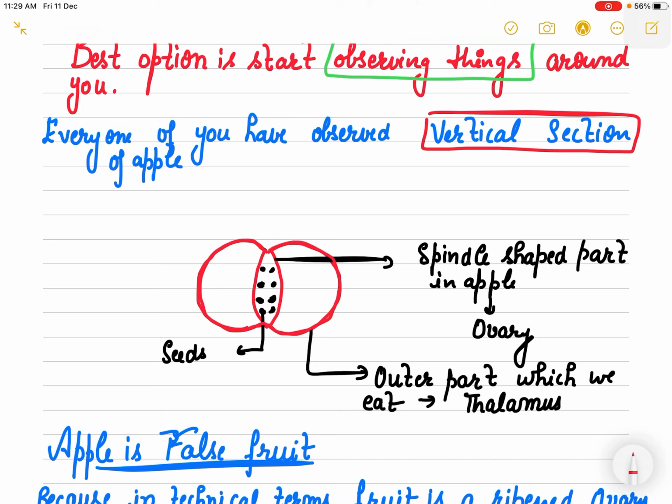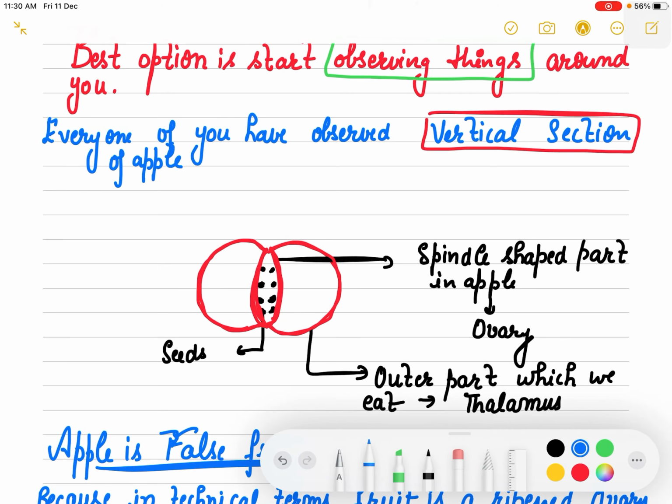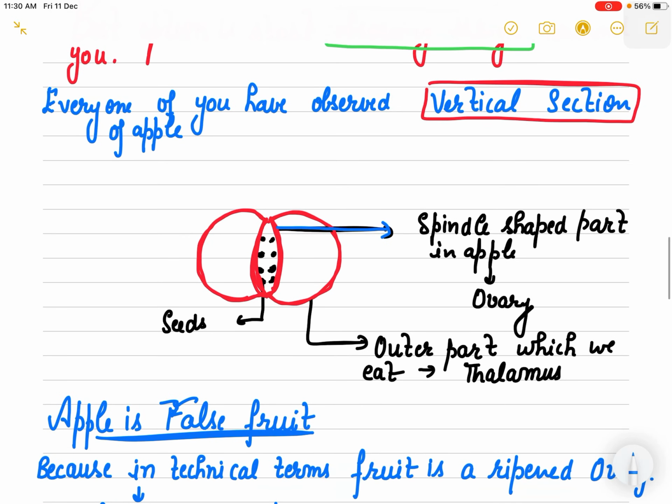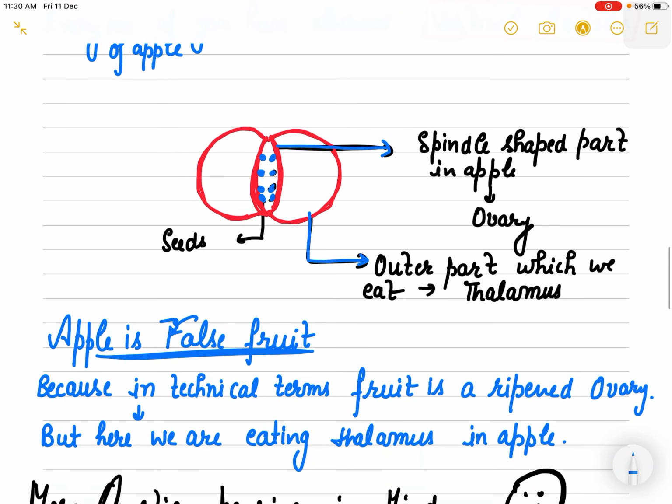Inside this vertical section, there is an inner spindle shaped structure you will observe, right? And this spindle shaped part is actually the ovary. This is the ovary, and inside the ovary you will find these seeds. And now the portion which we eat,